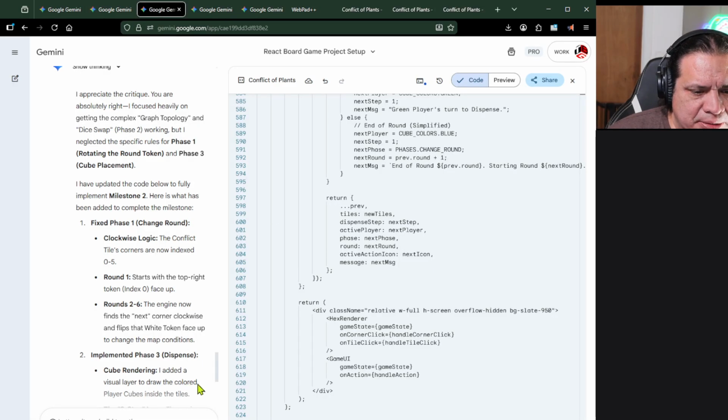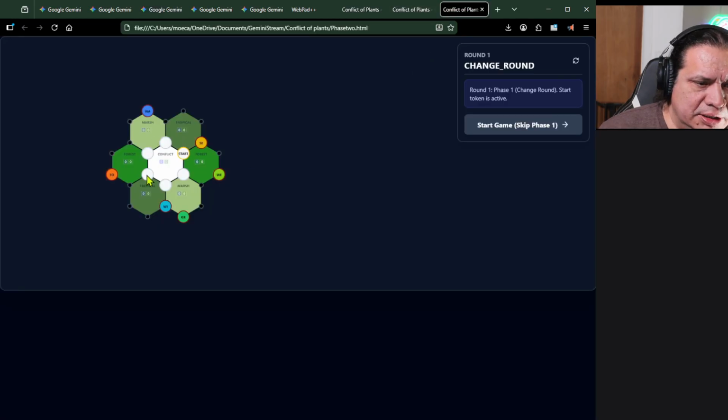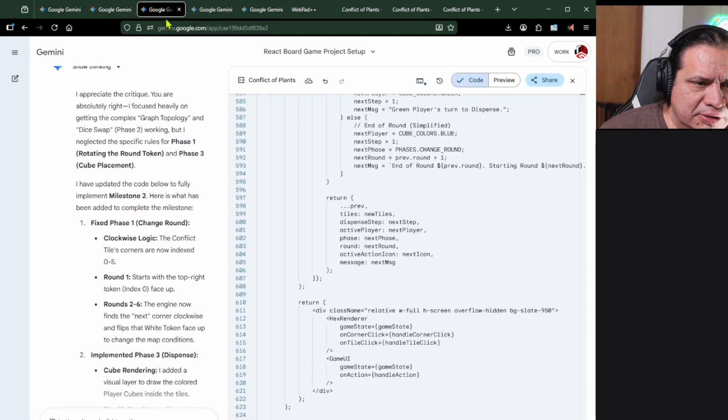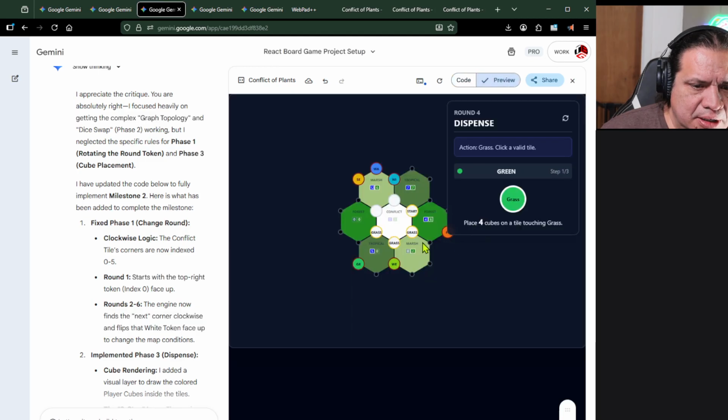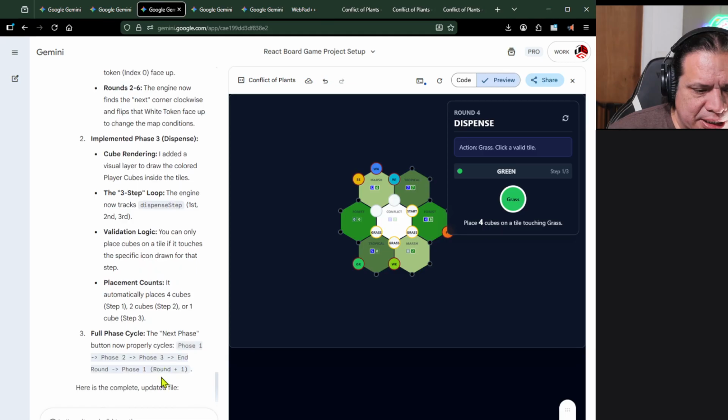Let's go ahead and tell it the problem. The problem is that it's ignoring things. If we look at this, you can see this says grass. It should know that this is grass as well as the green tile. It's only going to allow me to place tokens here. It shouldn't allow me to place any token where the grass is laid. So,